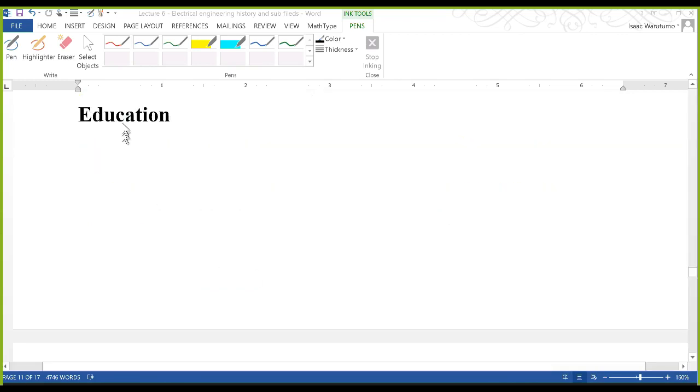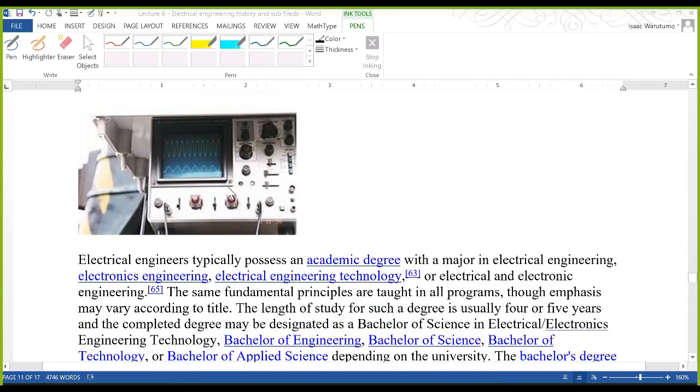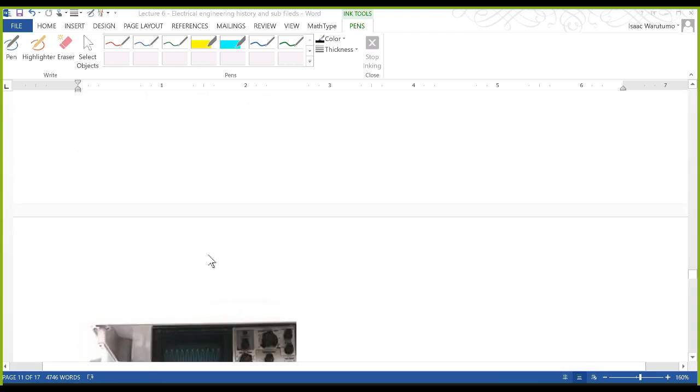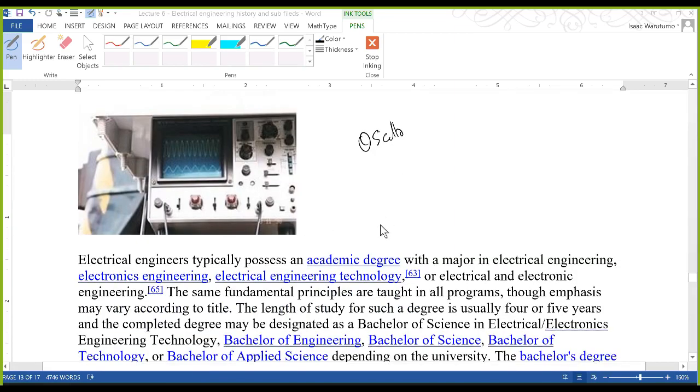And you can also have a career in education, whereby you are teaching. You need to understand the different aspects of engineering, like I'm doing now. So you're going to be concerned with measuring instruments like digital meters. This is something we always find in our labs. This is called an oscilloscope. The oscilloscope is everywhere in your engineering degree, particularly electrical engineering and telecommunication. It is used for measuring signals, and you will be using it mostly in your labs.